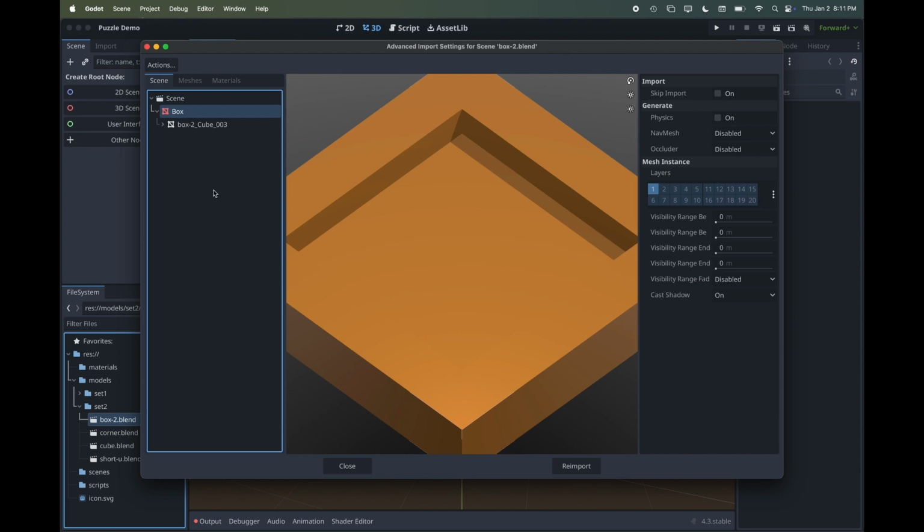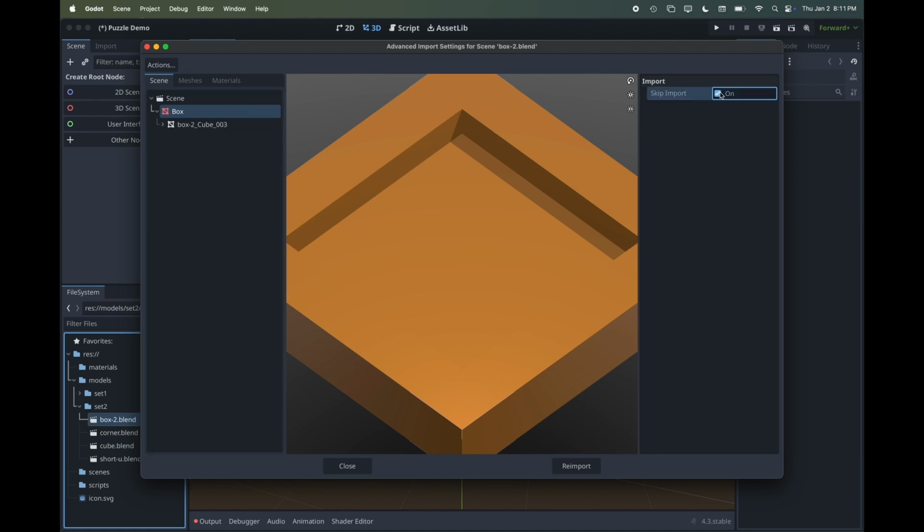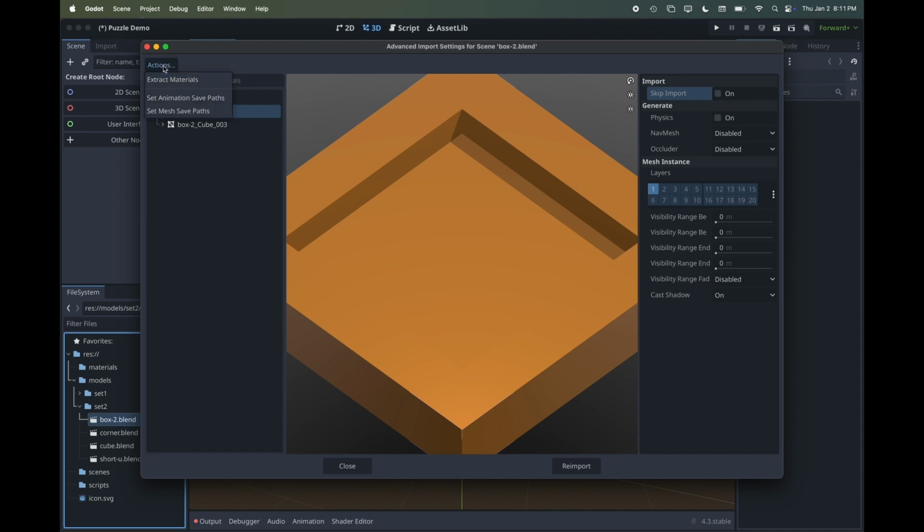So if this one had a light or a camera that I don't want brought into my Godot scene, or there's another model that I forgot to remove, I can just select the object over here under scene and then check skip import to skip that entirely. You'll notice there's some other settings that I can mess around with, but usually all I need to do is either skip import if there are things I don't want to actually use from the file,